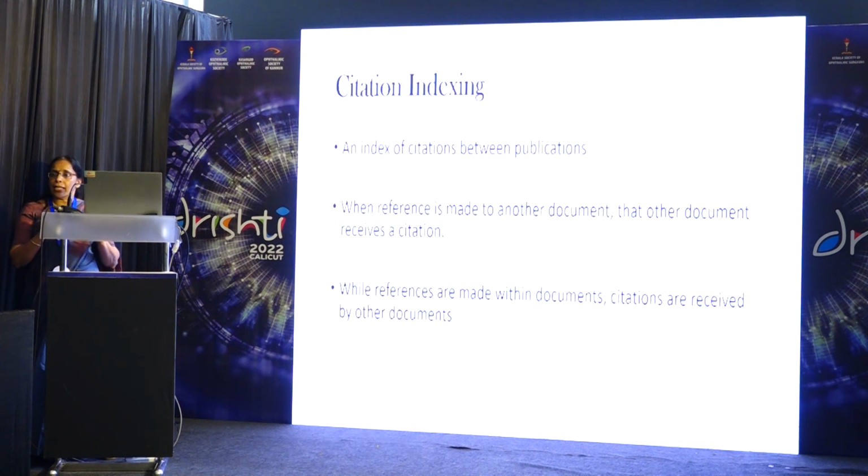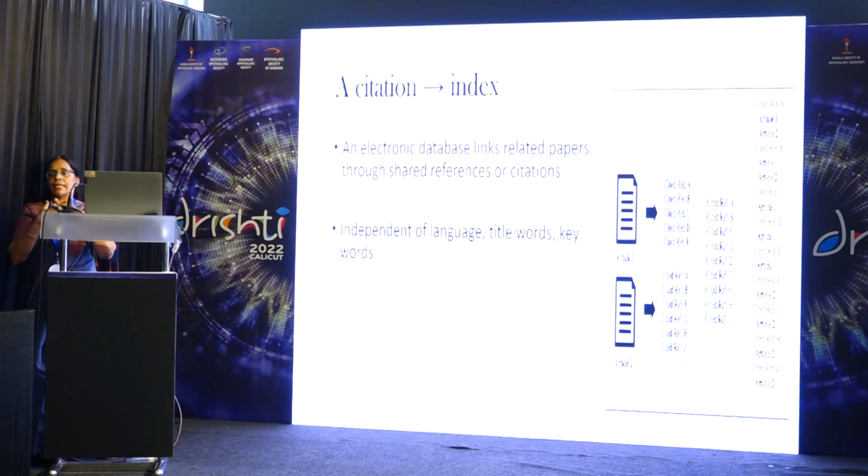Now, what is citation indexing? Based on that number, if you give a number to one of your references and put it in the text, that number becomes a citation, and the article which has been referenced will get a citation. So when you put a number in a document, the other document which you're referring to will get the citation. So it's basically linking of two articles which are related by references. This linking is done by an electronic database. They collect articles which have the common references, and this is called a citation index.